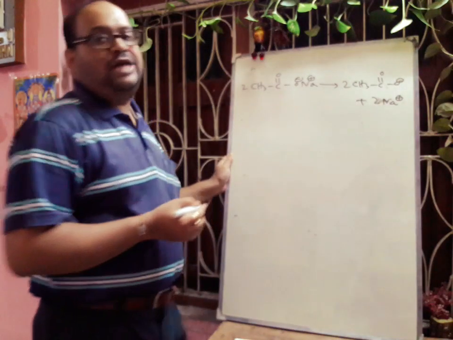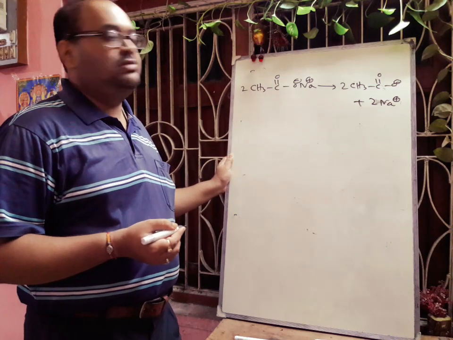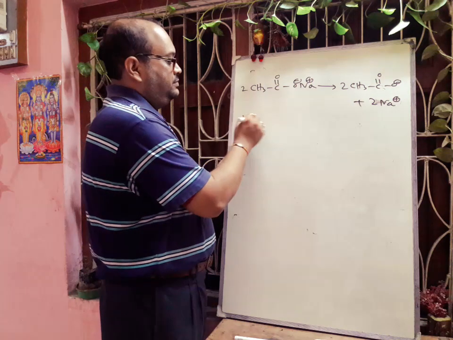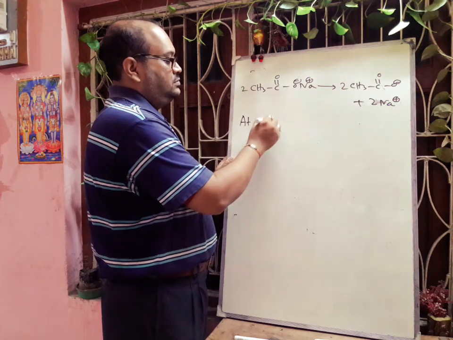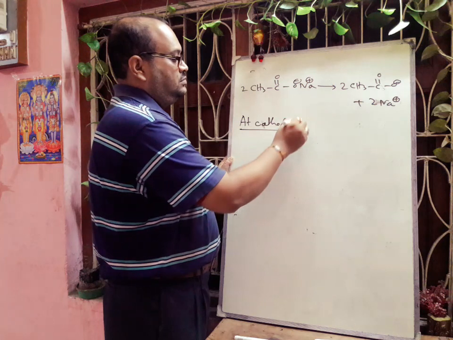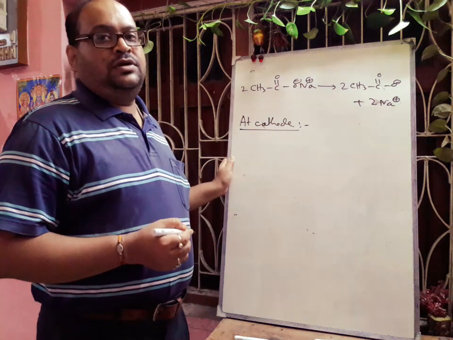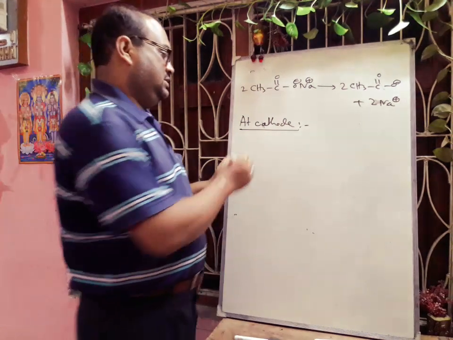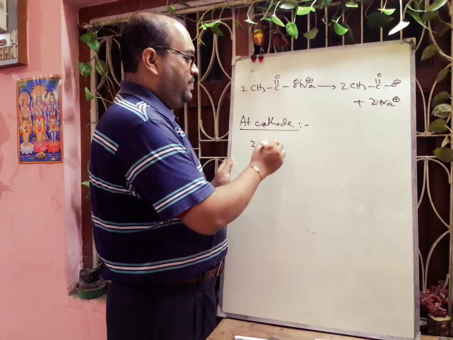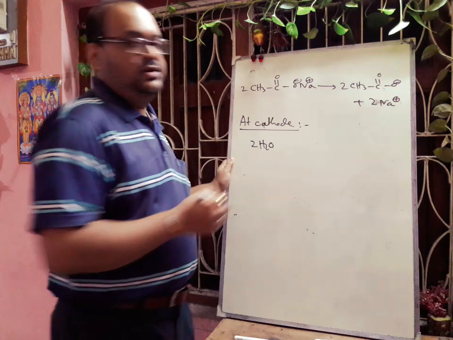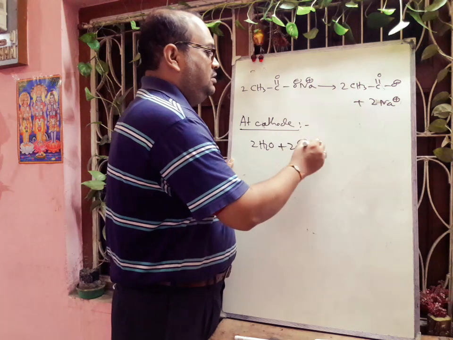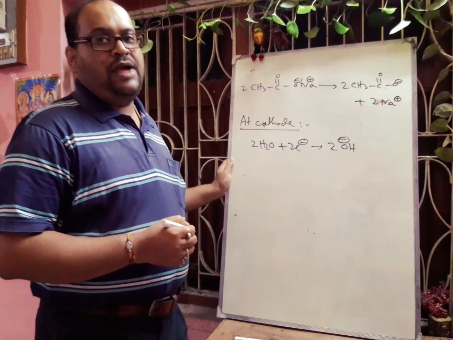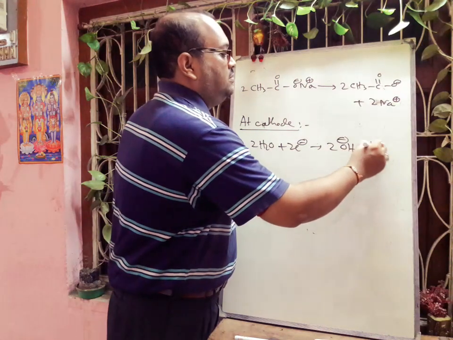Now the anion will go to the anode and the cation will go to the cathode, but actually the reaction at the cathode will be that water will form OH minus, that is 2H2O. At the cathode there will be reduction, so we will accept 2 electrons forming 2 OH minus, plus there will be formation of hydrogen gas,